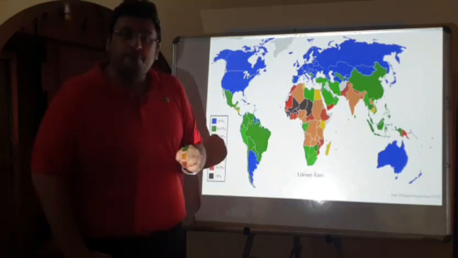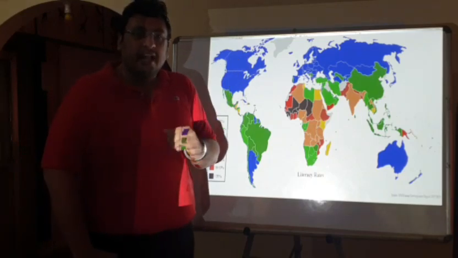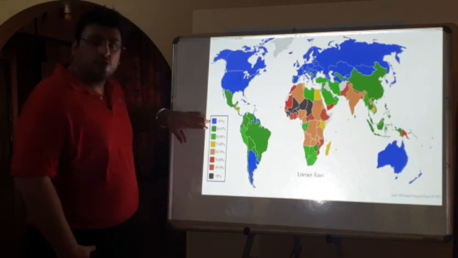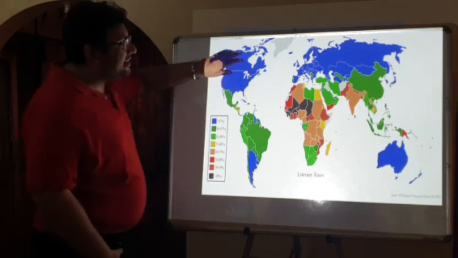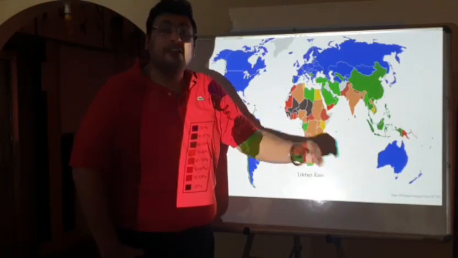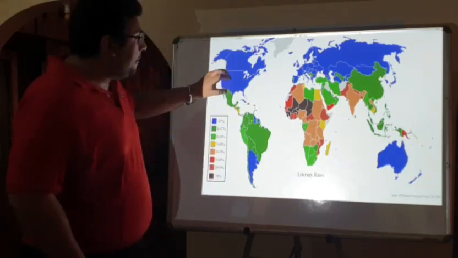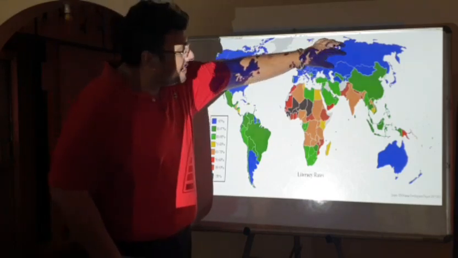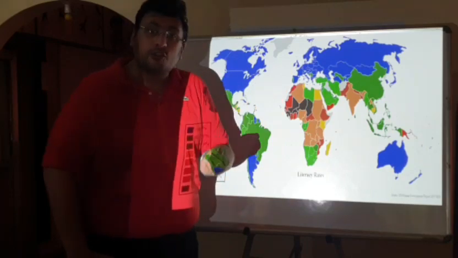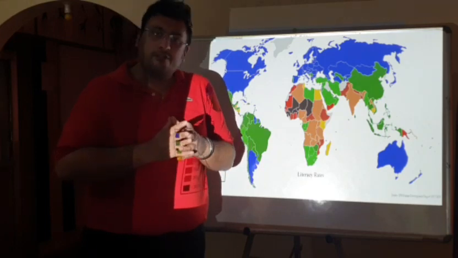Let us see this map again and find out which country has the highest literacy rate and which country has the lowest literacy rate. Blue one shows that in America, in Canada, in European countries, in Russia, in Australia, the literacy rate is very high. That means the educational facility of America, of Canada, of European countries, of Russia and of Australia is very good. Good number of schools, good colleges, good universities are available and present in these countries.